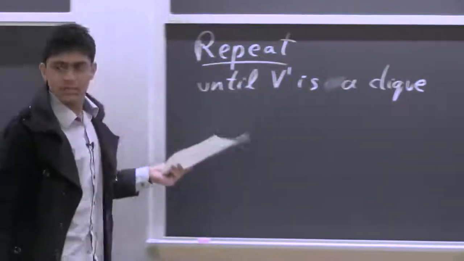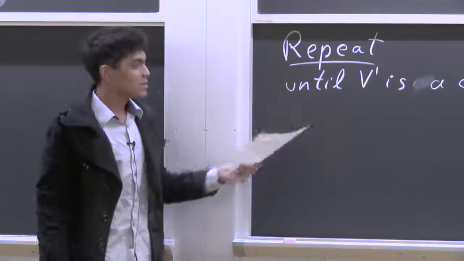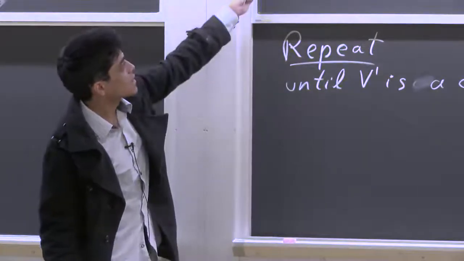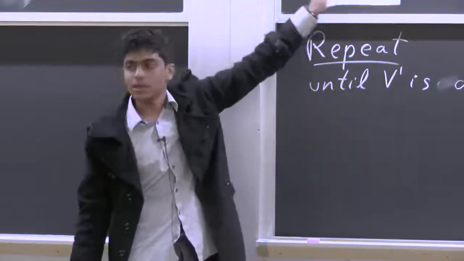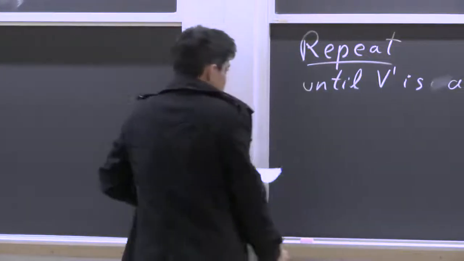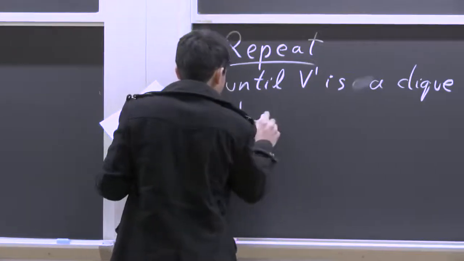So does that make sense why you can do that? You just keep deleting vertices until this is a clique, and the clause condition is still satisfied. You still have greater than or equal to that many clauses. So now let's look at what we have. We have v dash, which is a clique,